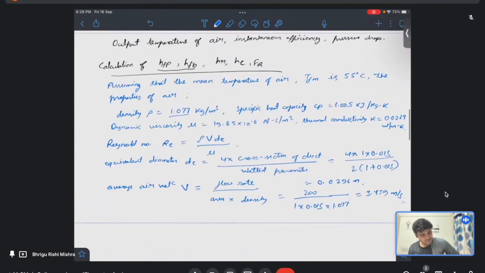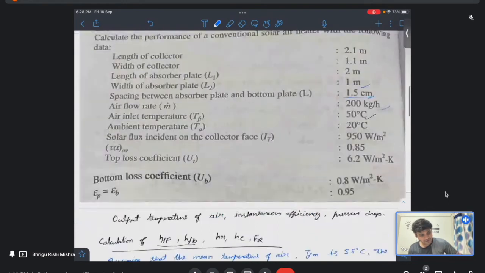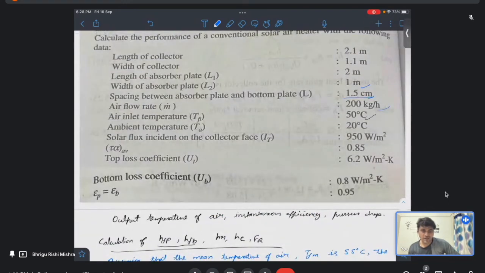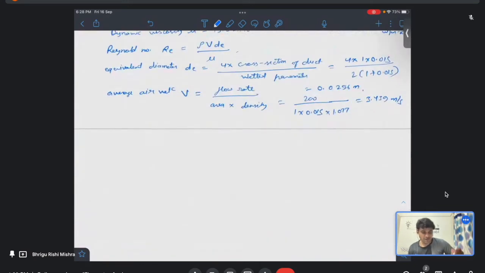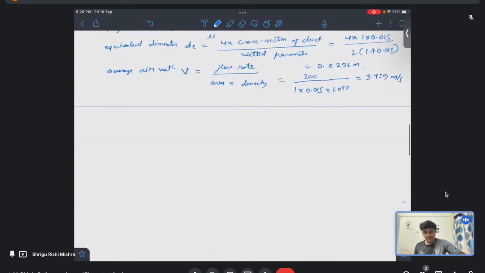Okay, so this is 1 into 0.015, because it is given in centimeters. If you convert it into meters, since the width of the absorber plate is considered in meters, that is why it is 0.015 here. Okay, so we have dE, we have V, and now we can calculate the Reynolds number, Re, equals 1.077 into 3.439 into 0.0296 divided by 19.85 into 10 to the power minus 6, and it turns out